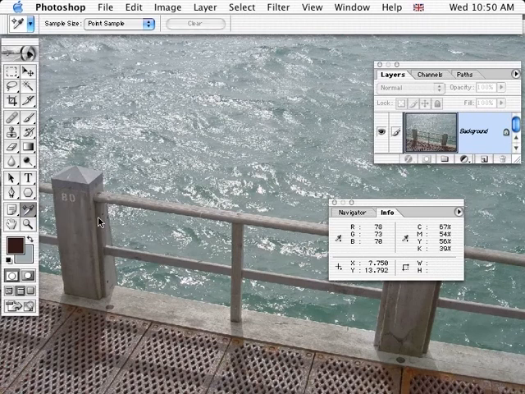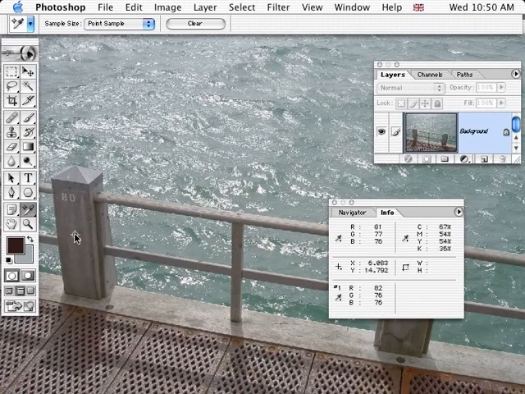This is a more advanced tool for printing. Basically, you can look at your colors and you can see the color values of individual pixels. So if we just click in the wood here, you can see now we've got a little 1 by the icon here, and there's a little 1 here as well. This is the RGB values of that specific point that we just sampled, red, green and blue values. That's sample 1. Let's go to sample 2 up in the ocean here, and you can see the RGB values